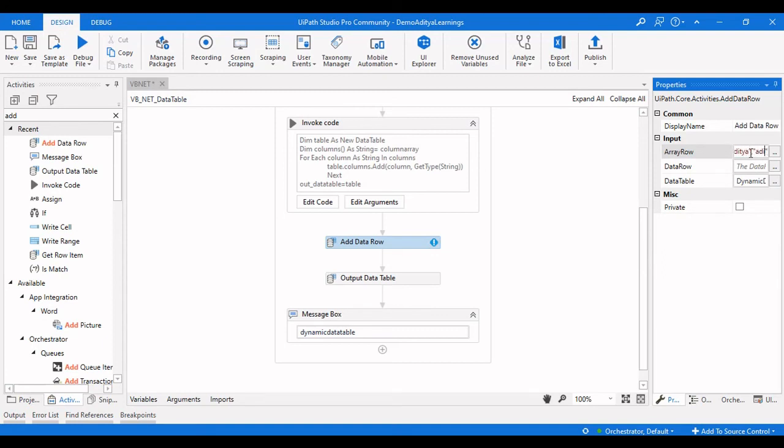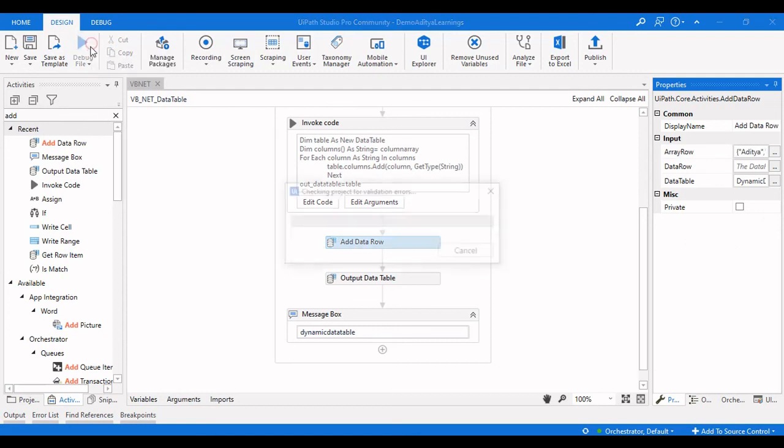and then the email aditya@gmail.com, and this is the phone number. So we are done.